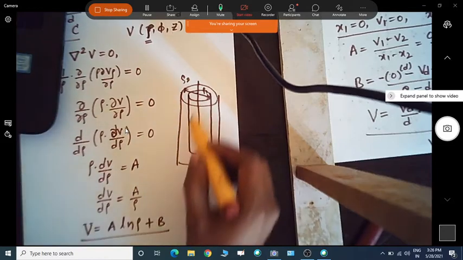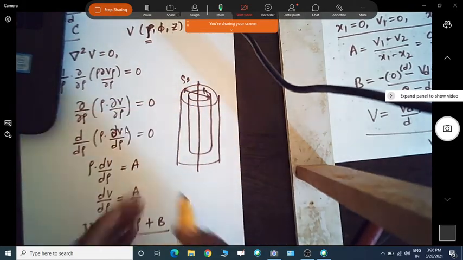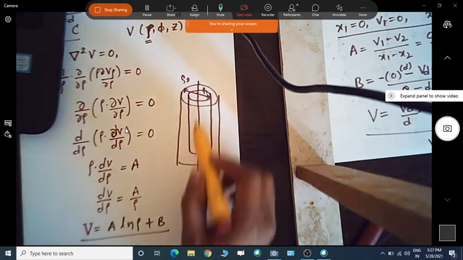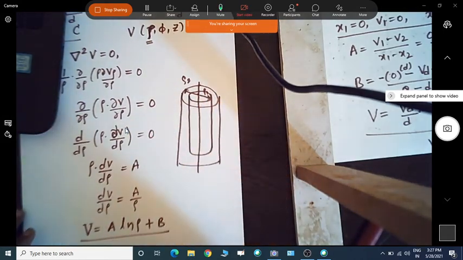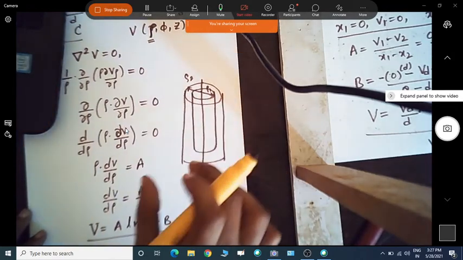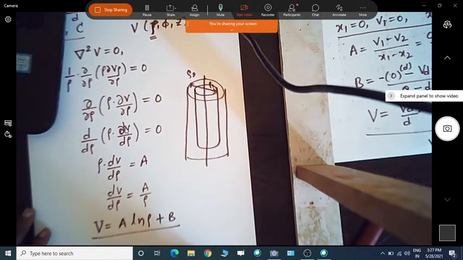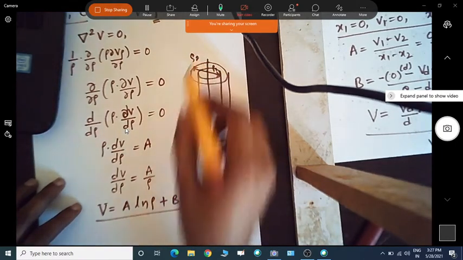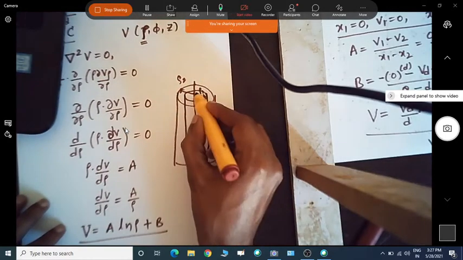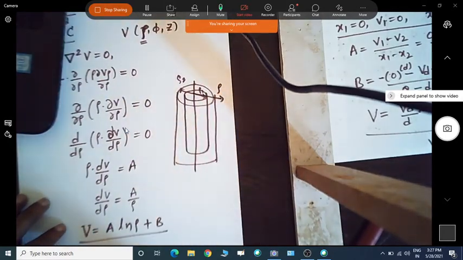So generally we can have something like the coaxial cable we have seen. Similar to the coaxial cable, one is grounded and the other will have some potential. A similar kind of problem we can see here. Now we can apply the boundary conditions. Let us take rho equal to 0 and rho equal to a. So this is completely a variation of rho in this direction.